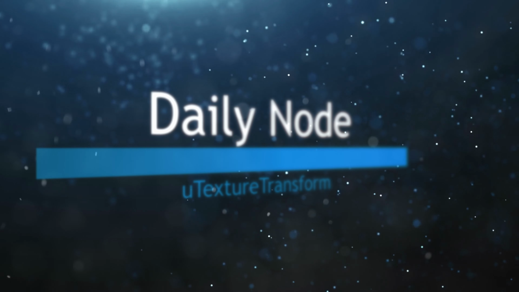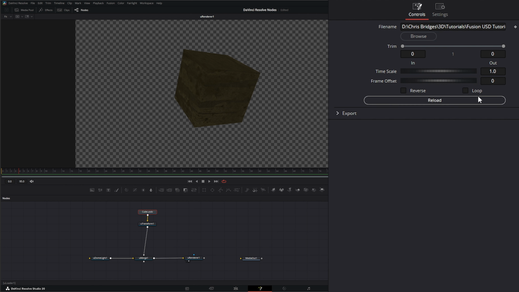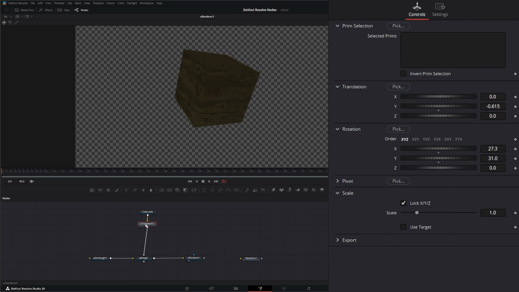So we're going to jump into Fusion, and we've still got our little cube here we loaded yesterday to go over the uTexture node. So we're going to talk about transforming some of these textures before we really start digging into the shader node. So first, to be able to transform or change this material that's on here, remember, we can't alter material from any of these nodes, so we need a